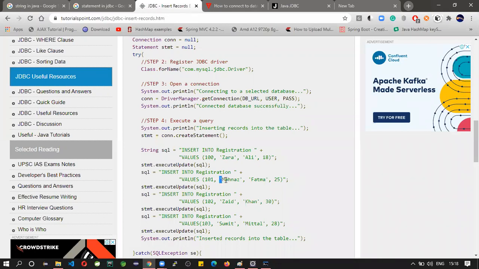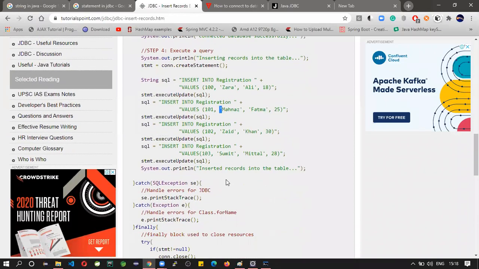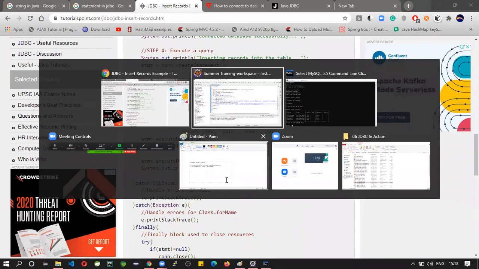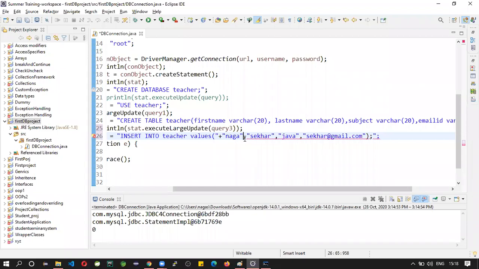Single quotation refers to a character, right? Cannot do like that.